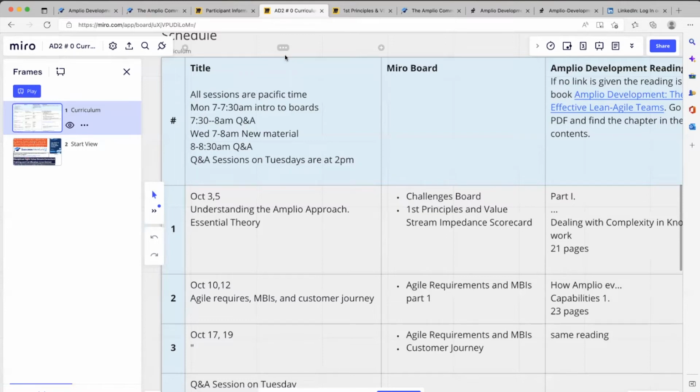And this is basically one of the inherent things in Amplio development: it looks at value streams. And the most important one is the customer value stream. Now, how do you build the customer value stream? Well, that's the development value stream. Great, so we already identified two. There's the customer value stream, and there's development that builds it.